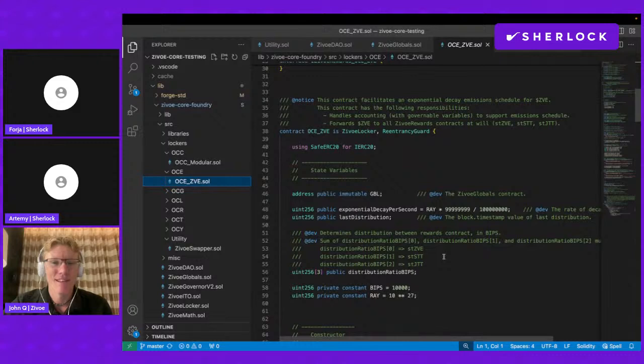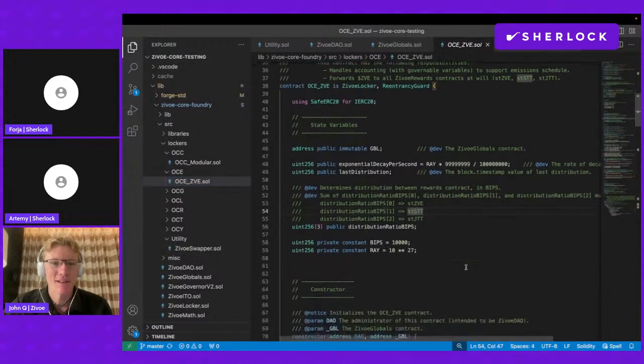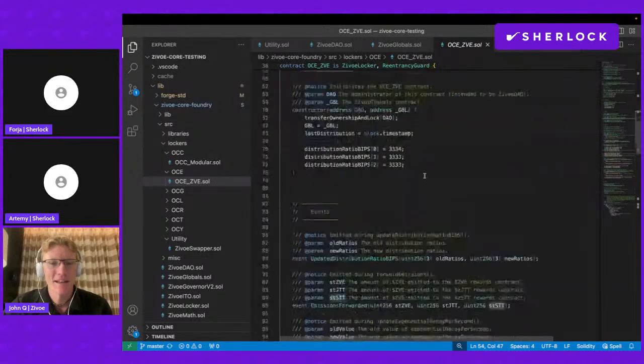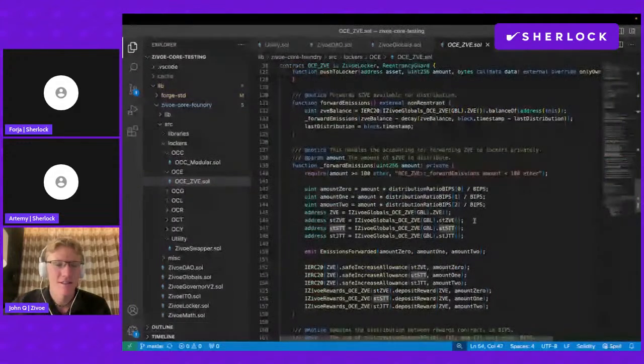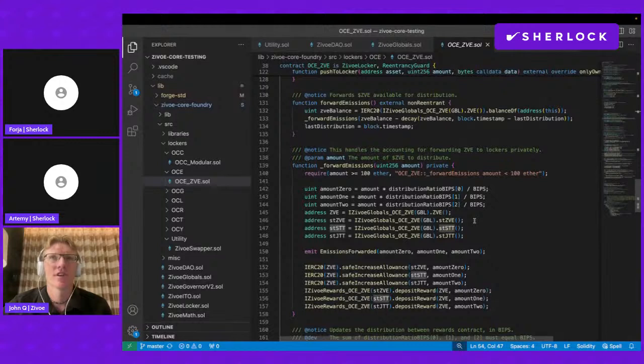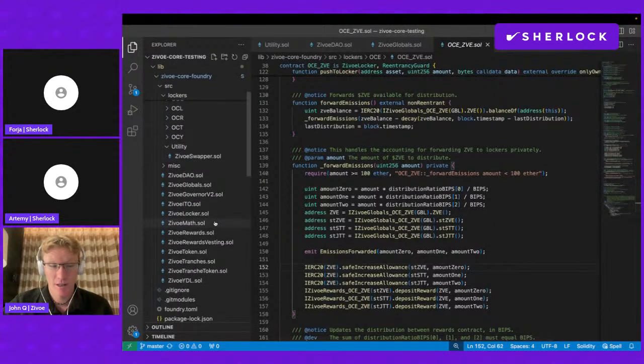And then basically it decays exponentially, mathematically speaking, and then anyone can call this function over time called forward emissions, and it pushes it to all of the staking contracts. So we can actually allow for additional staking rewards in ZVE based off of these emissions. And that just reminded me, I do need to give a breakdown of Zivoe rewards vesting, and Zivoe